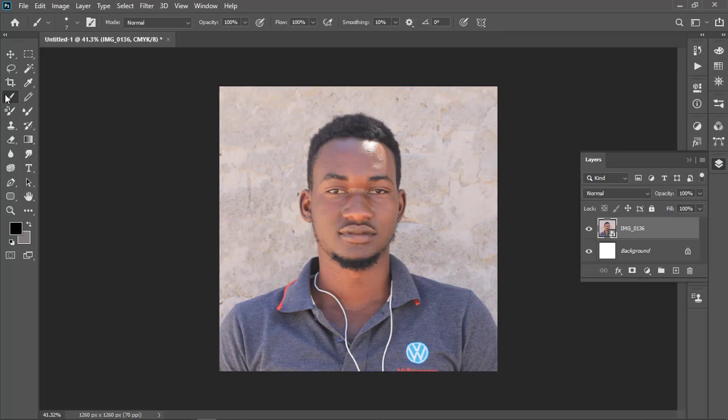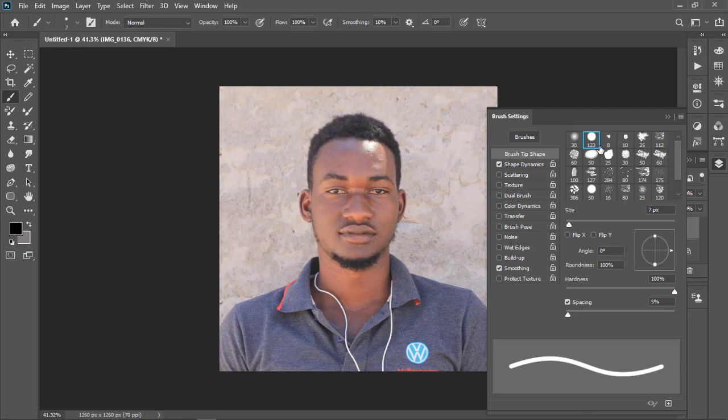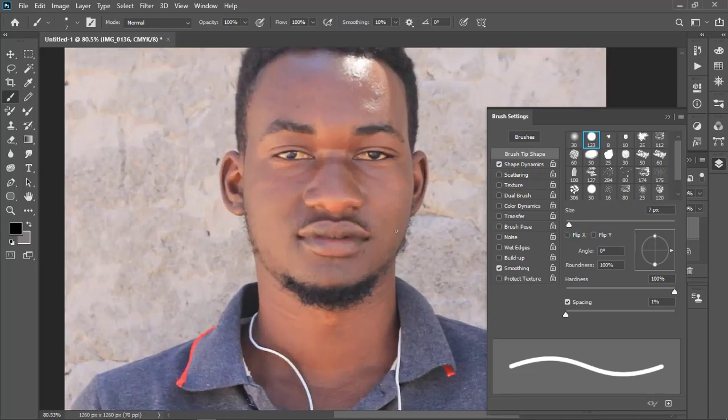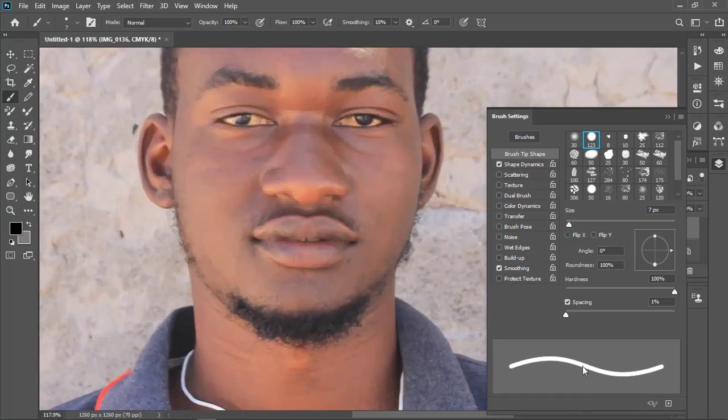Now the next thing that you would wanna do is set up your brush. So make sure you come to brushes, and that you select this solid brush. After selecting the solid brush, make sure that the spacing here is on 1%, so that it's solid. The next thing that you wanna do is the size. You would wanna change your size, and it's displayed here. This is the preview of the size. So like for me now, I'm going to change it to 4.